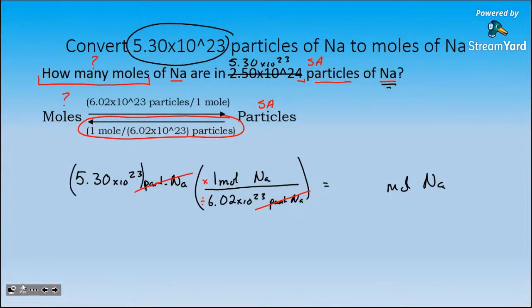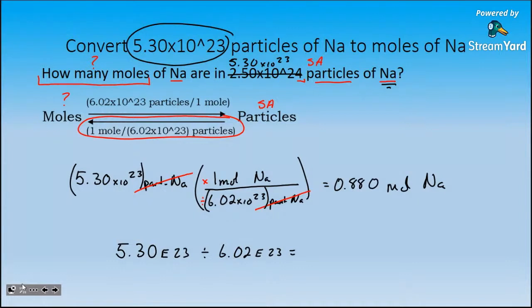Again, I'm either going to put both of these values inside of parentheses, or I'm going to type it in as 5.30 E23 divided by 6.02 E23, and then hit enter. I find it's easier to do the E. So 5.30, second comma to get the E to the 23rd, divided by 6.02, second comma for the E 23, hit enter, and I get an answer of